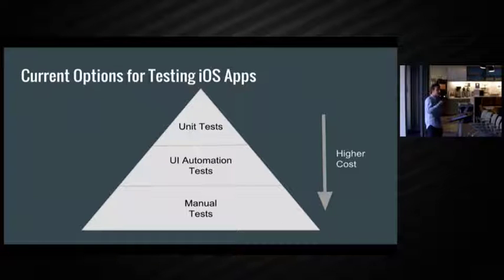Every time you need to validate a build, you need to have real people sit down and run through all these scripts. If the build fails validation and you have some bugs, you need to go back and fix those bugs and then maybe rerun all or part of these tests. If you want to test on different devices, this just multiplies the amount of work you need to do by 2, 3, 4x, or however many devices you need to test on.